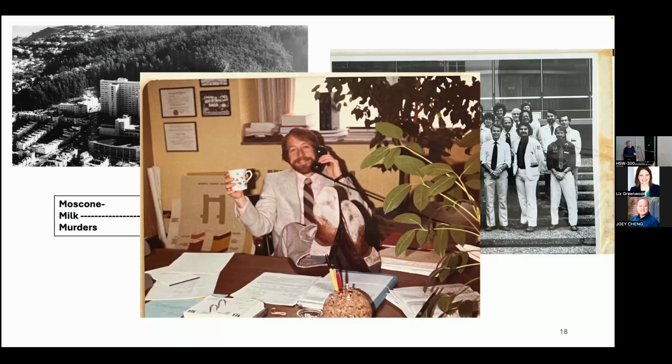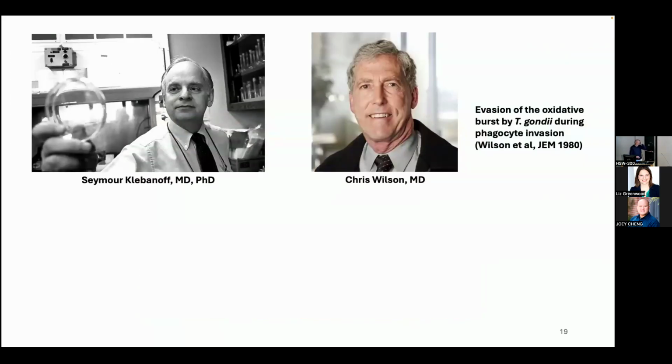And so I went up to Seattle and trained with Seymour Klebanoff, who was an MD, PhD, actually started out in endocrinology, who had identified the way thyroid hormone is iodinated by thyroid peroxidase. Seymour then went to train with Zanvil Cohn at Rockefeller and Macrophage University back then, and got very interested in myeloperoxidase, which is another member of the heme peroxidase family, and determined how myeloperoxidase, which is most of the protein in neutrophil, killed by making hypochlorous acid, so it fixes the chlorine, and so all of these heme peroxidases fix these iodides, fix these halides.